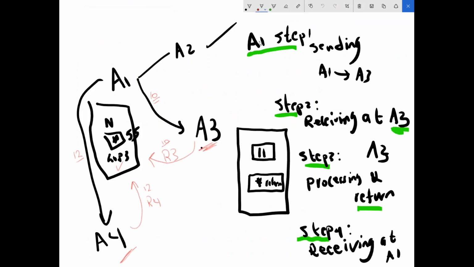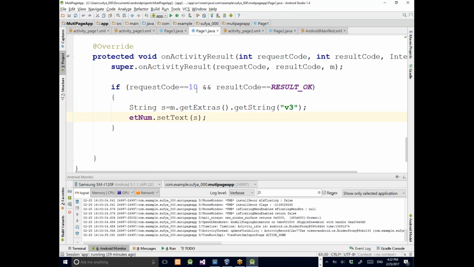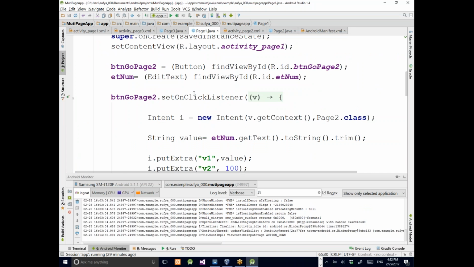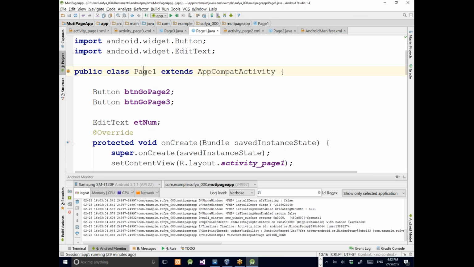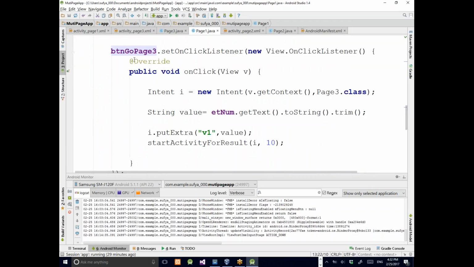Step 1, I am on page 1. I want to be sending data to A3. Where is that exactly? Let's take a look at it. Here is page 1 code. I define the button to go to page 3. The action of this button, go to page 3, is simply